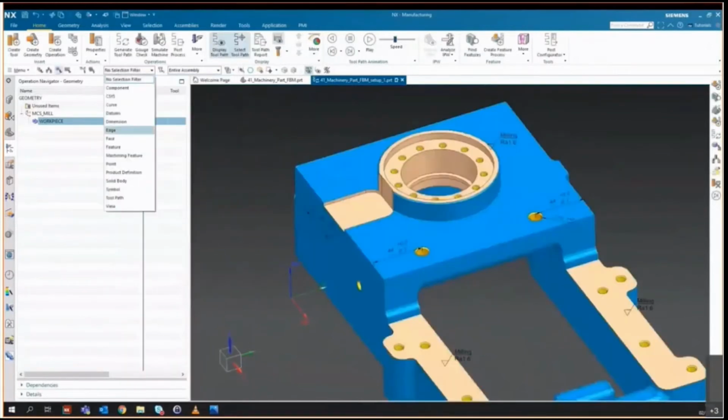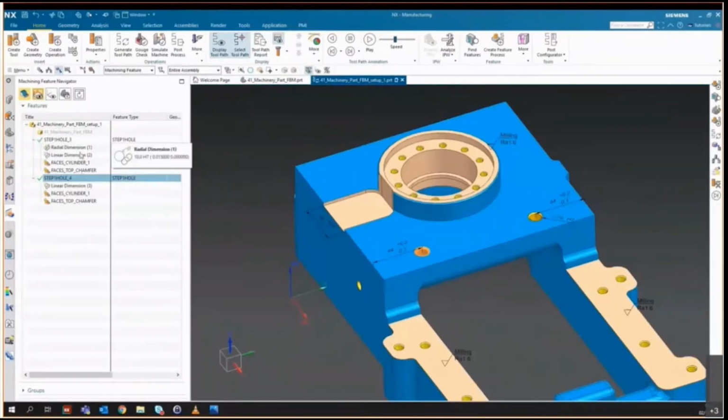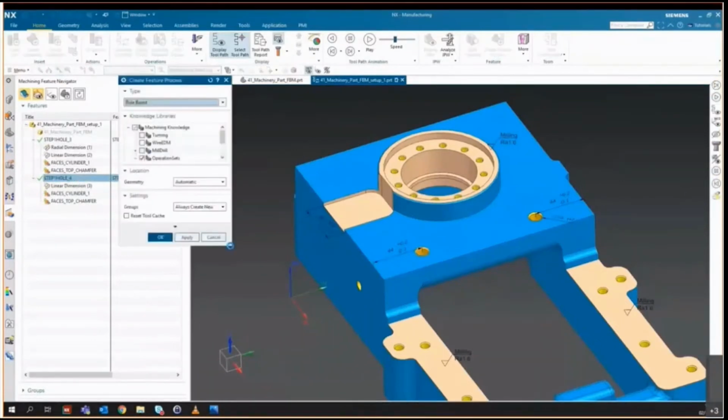Okay. So when we go to our nice selection tool in NX, I can select the feature in the UI, and you can see that in our feature navigator, it displays the features for us. We switch on the PMI toggle, we can see that there's a linear dimension against both, but this one also has an H7, a limit of fit tolerance. So that's a tolerance on the diameter of the hole.